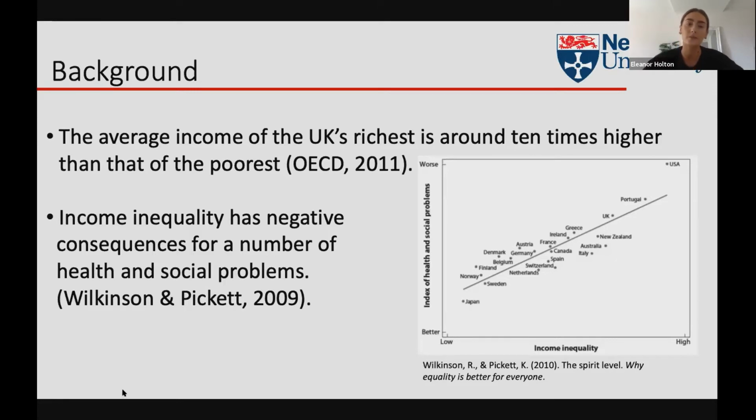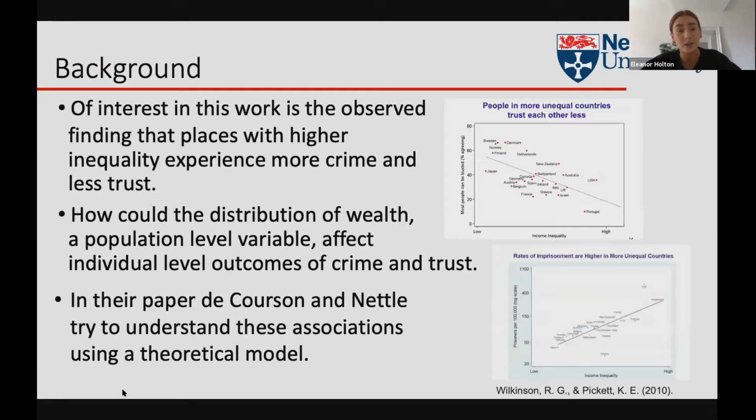Of interest in this work, however, is the observed finding that places with higher inequality experience more crime and less trust. Now, these associations may seem intuitive, yet they're non-trivial to explain. How could the distribution of wealth, a population-level variable which isn't naturally perceived by individuals, affect individual-level outcomes such as crime and trust? And this is what Daniel and his colleague Benoit de Courson aim to understand in their recent